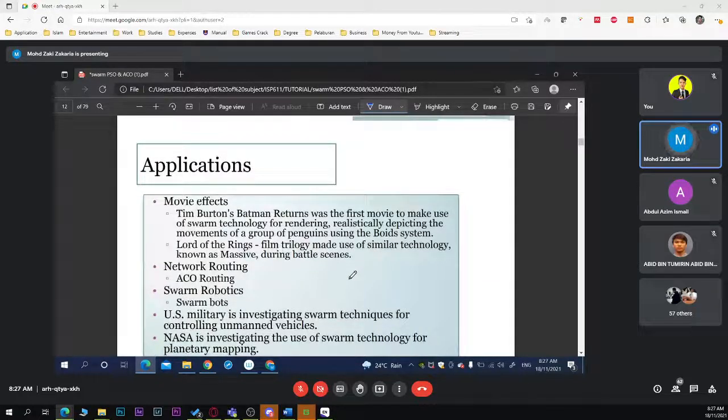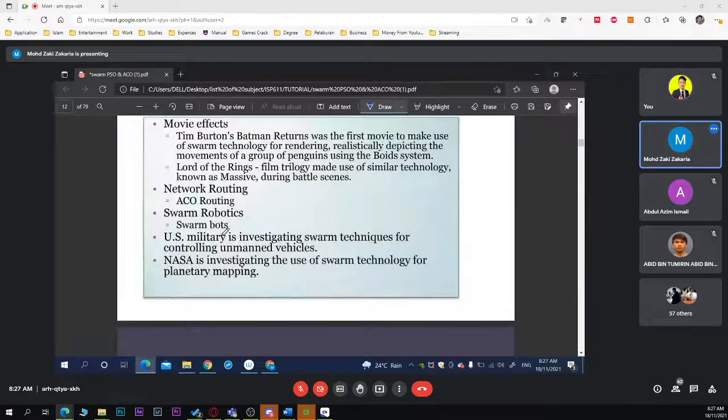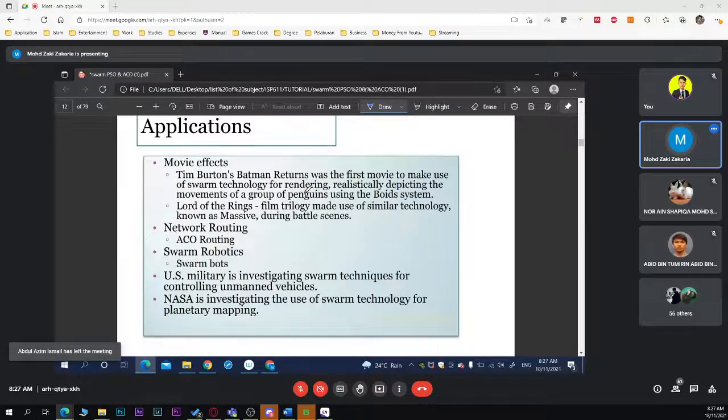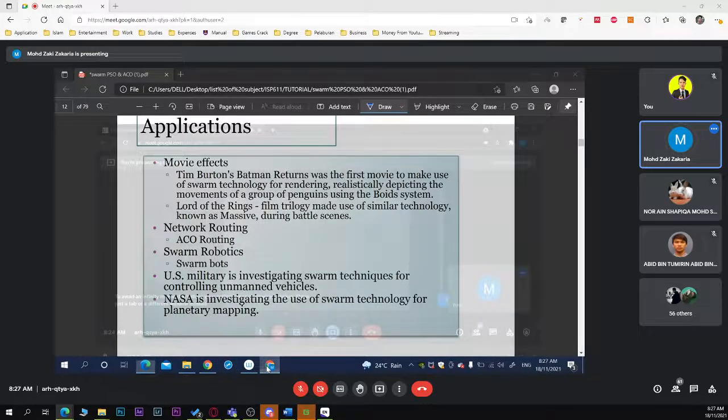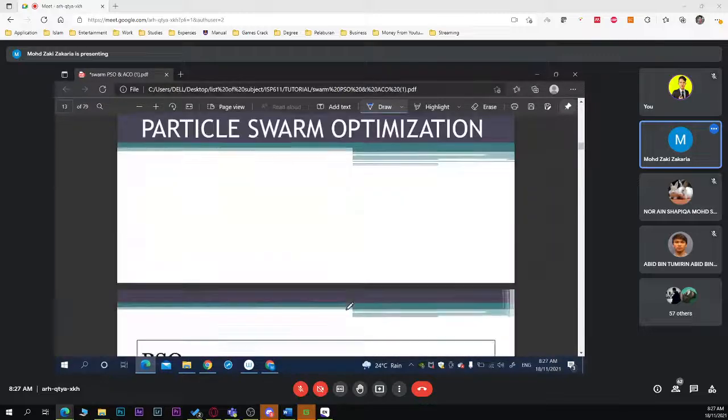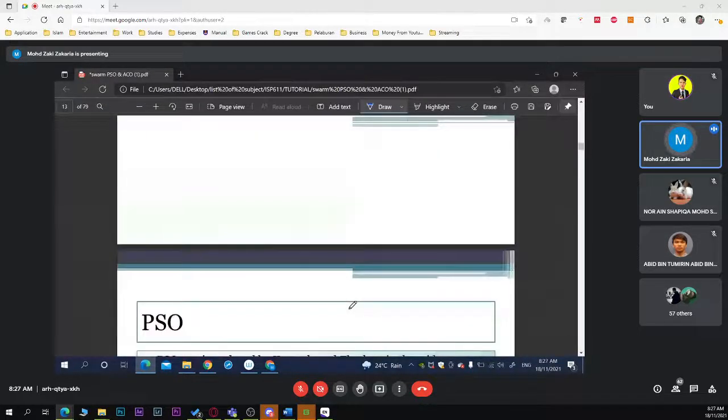Okay, the applications of swarm intelligence. For example, for movies, we can use optimization for rendering pictures or images and so on. For networking, routing using ACO routing. For robotics, for military, NASA and so on, they usually use swarm intelligence. Okay, now we proceed to particle swarm